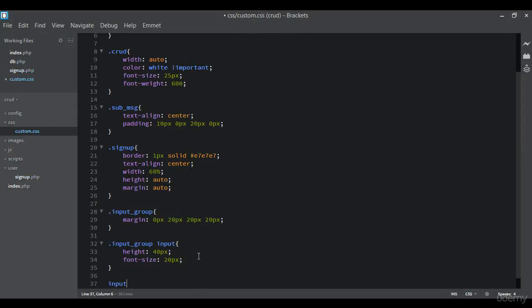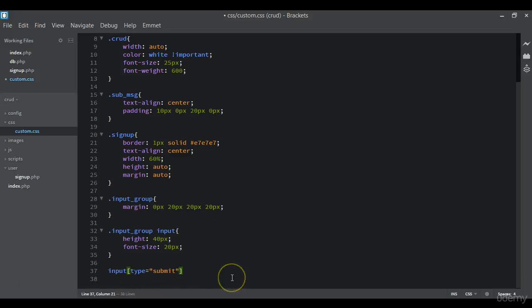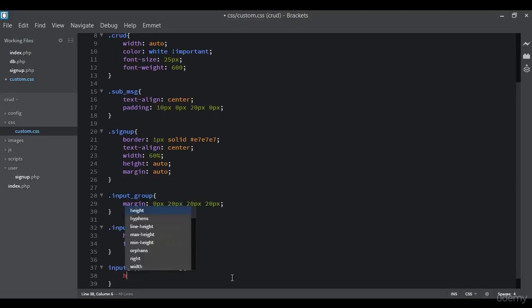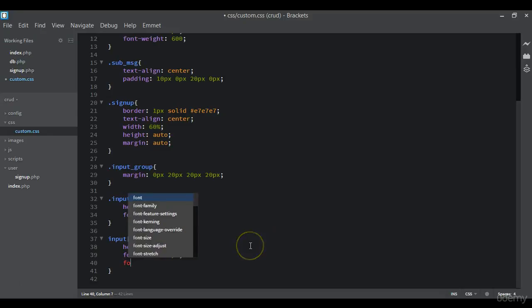So we say input type equal to submit. So for every input field with type submit, we are adding these properties. So say height 40 pixels, font size 20 pixels,